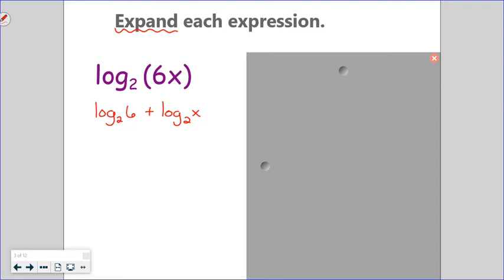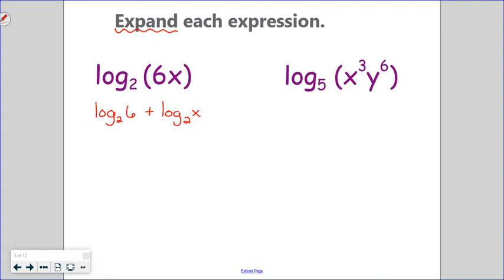Adding one more layer to that, something that has exponents in it, log base 5 of x to the third y to the sixth. Again, every variable, every number that we see in there is going to get its own logarithm. So we have an x, we have a y. Both of them will get a log base 5. They're both in the numerator, so they'll both be positive or plus. So I would start expanding by saying log base 5 of x to the third plus log base 5 of